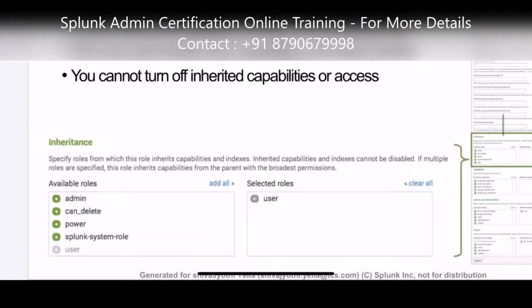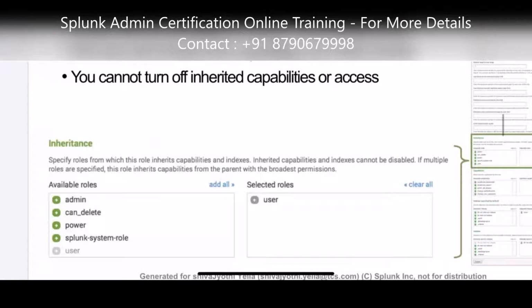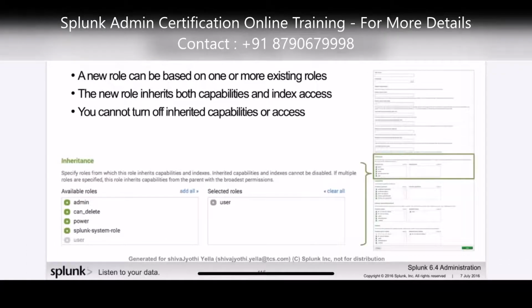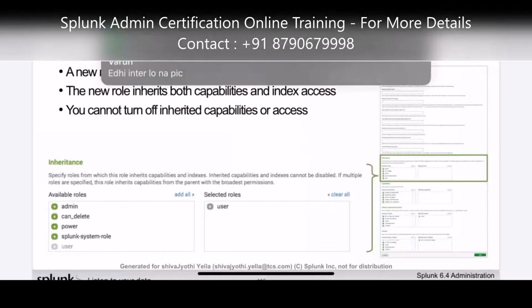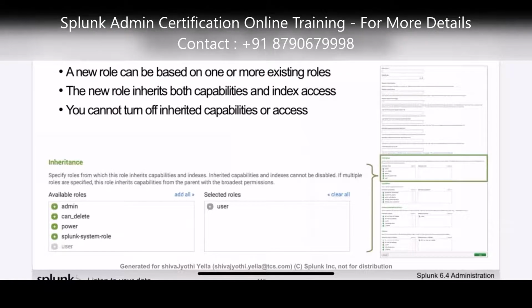Because users also do not know how to search. Whatever data they see in specific events, they'll go and search it without giving a proper index equal to or sourcetype equal to. They'll directly give a single word and search it.